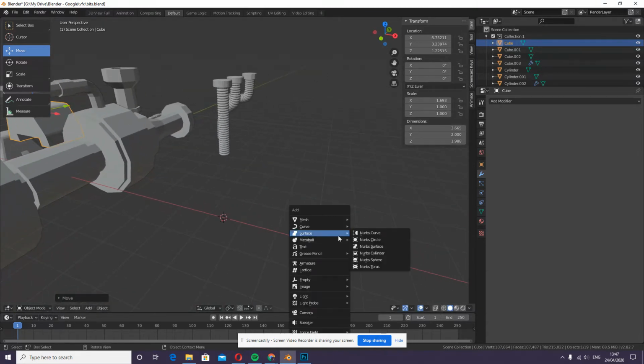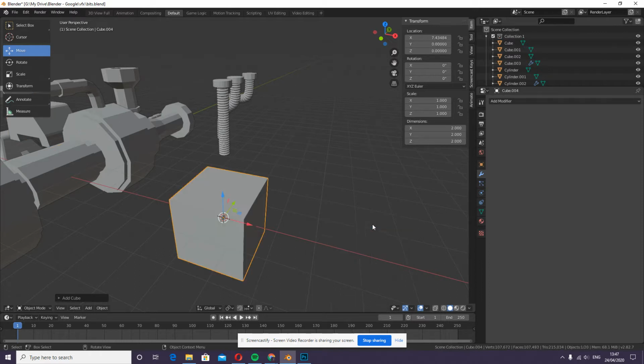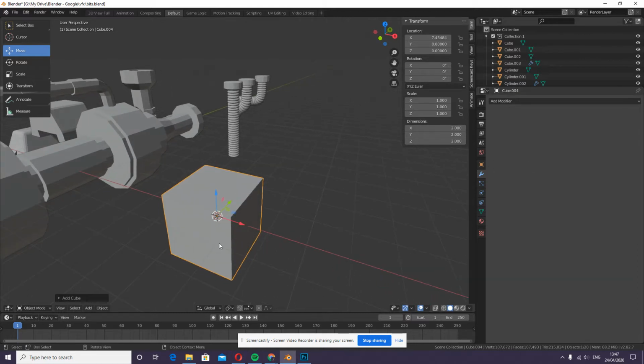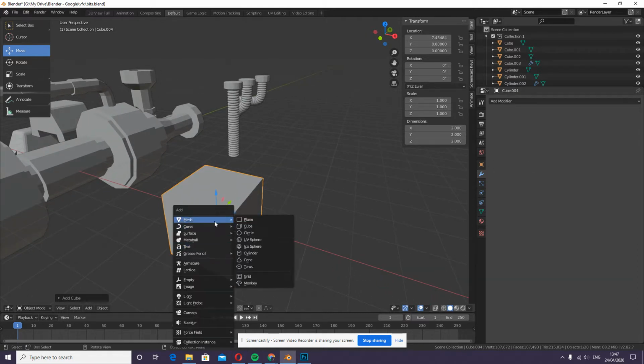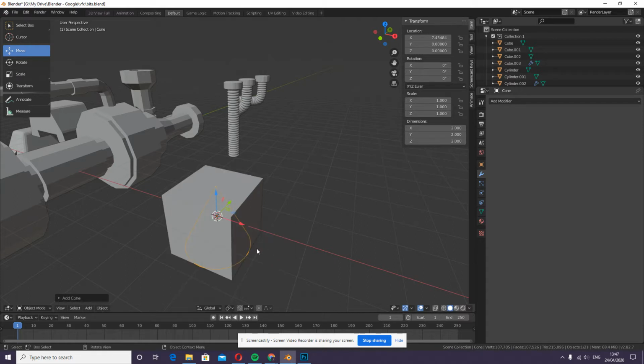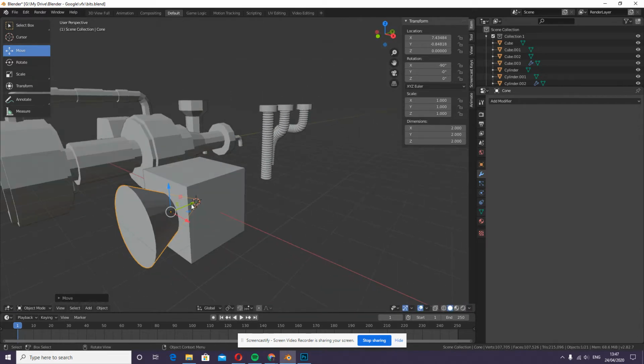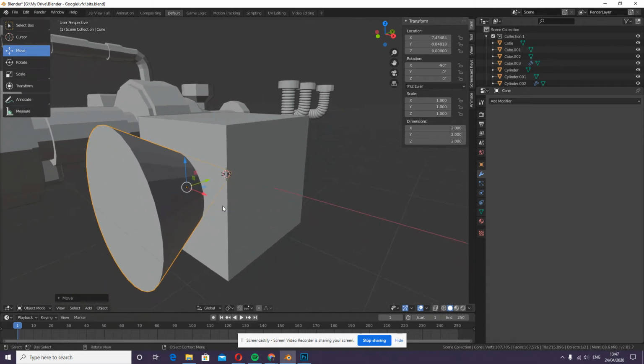So let's have a look at the three ways we can combine objects with the Boolean modifier. We'll look at the difference option first. I think that's the most common one. So say we wanted to chop out a cone shape from the center of this cube. Let's rotate it the other way. Let's do Rx minus 90. Drag it down here on the y-axis and say we wanted to remove that shape, cut that shape out